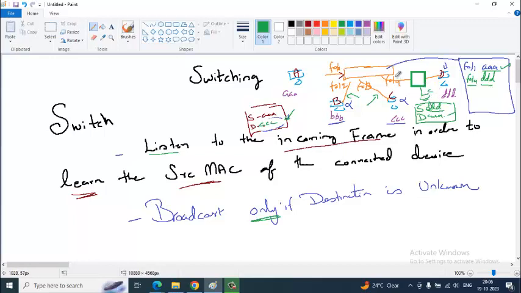So only when it floods, it will reach C. So even if one MAC address is learned, there may be many more MAC addresses on the same port if there is another device connected. For that, it has to broadcast. So it broadcasts to everyone, even on those ports where it has learned some MAC address.